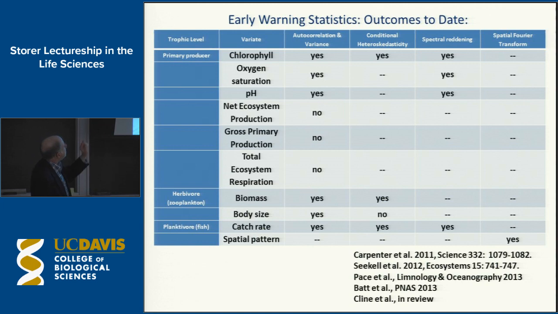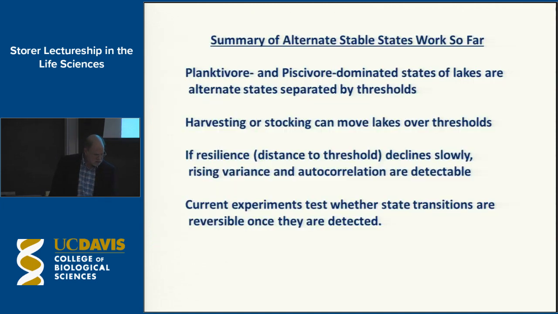So they don't work. Another thing I found really interesting is that zooplankton body size doesn't work. Body size seems to be a very conservative variable that doesn't show a lot of short-term variance and pretty much tells you who's getting killed by predators, and doesn't vary much, at least in those experiments. Anyway, I think the overall picture here is that we did see a number of the early warning signals that we expected in that experiment. And in the interest of time, I'm not really going to go through this summary